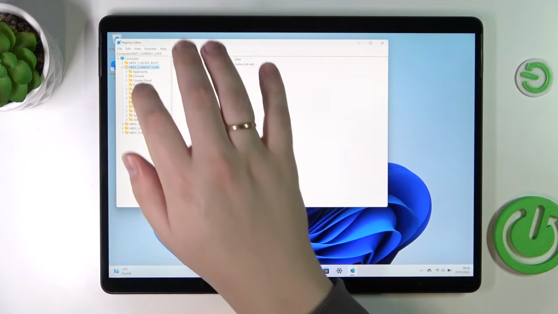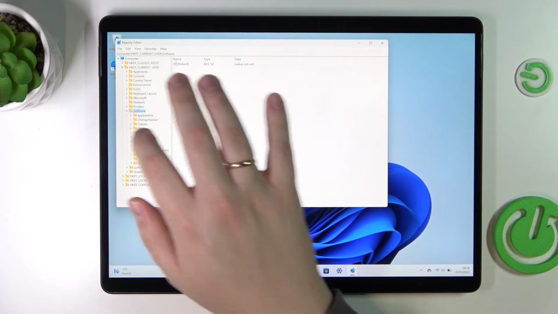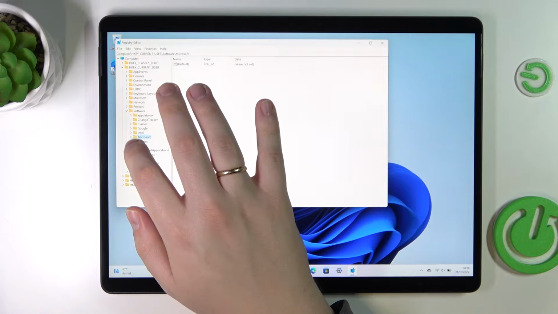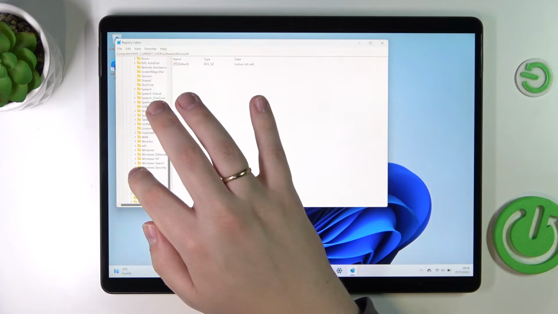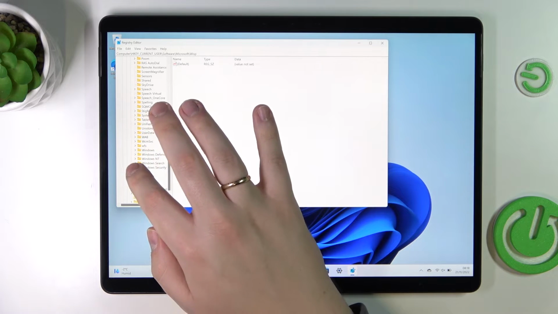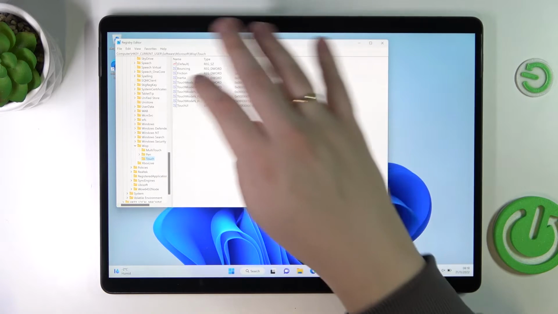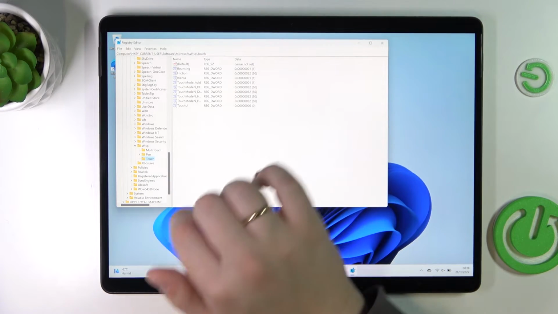Then go for the Software, then Microsoft, then Wisp, and then Touch. At the right side, as you can see over here, you gotta look for the TouchGate